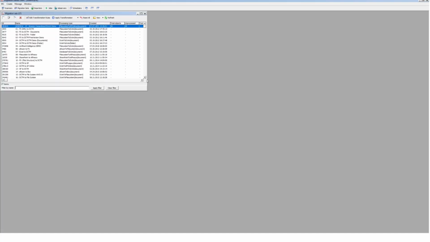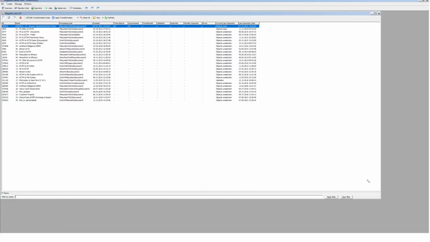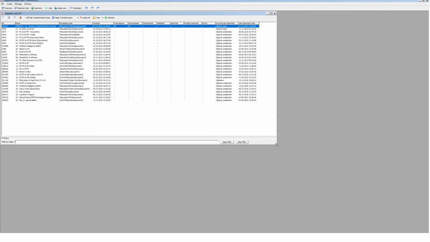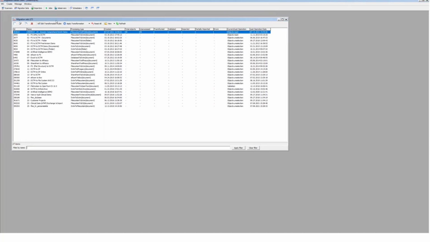So, and for that, to see the results, I just want to switch to another area which is called the migration sets area. There are all the configurations around the migration set, as I mentioned. So that's the organizational unit within Migration Center. And for every single migration set, you build up your transformation rules. But before I give you some more details about the transformation rule engine, I will show you the